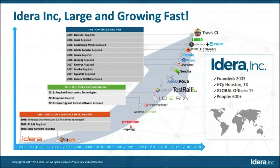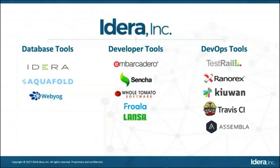But as I mentioned, it's not just any old products. If you look at this slide, there's a plan around these three divisions of the company: database tools, developer tools, and DevOps tools. And so the Embarcadero products fit squarely in the middle in the developer tools. But you'll see, for example, when we get to talk about this company, there's several of these other products like Ranorex and Travis involved in the project that we're going to talk about. So really, Idera focused on this vision of serving database tools, developer tools, and DevOps tools. And if you think about it, this is all about servicing the people who create software. As you'll see in this project,